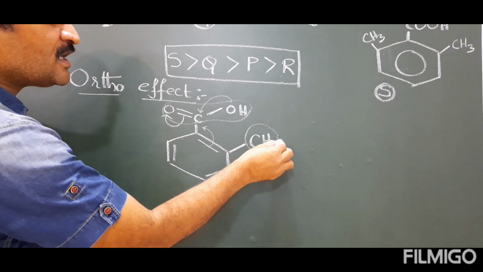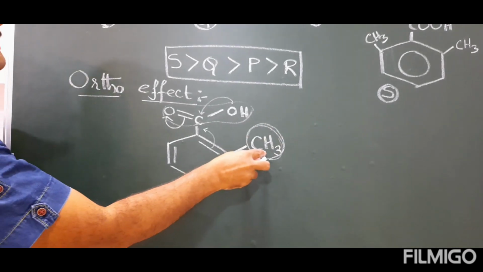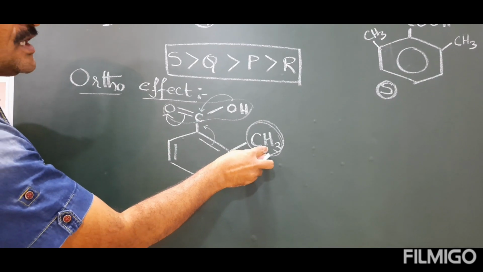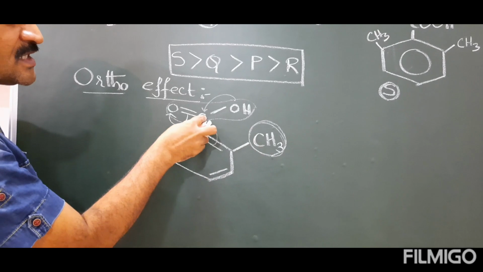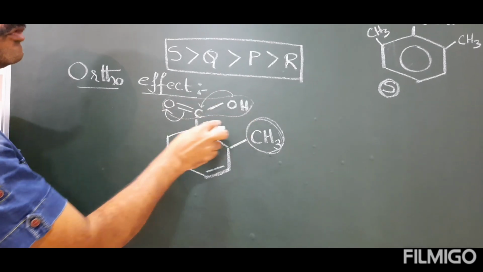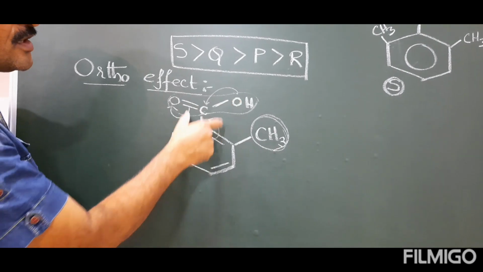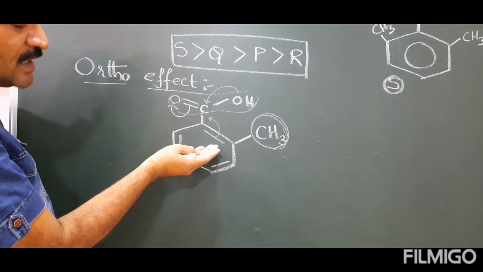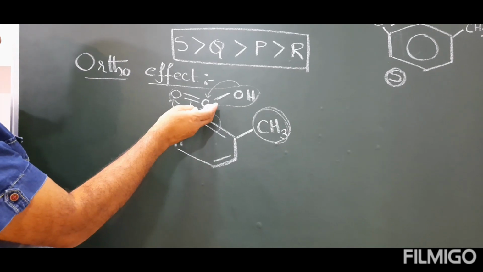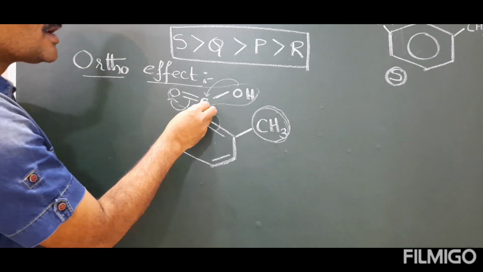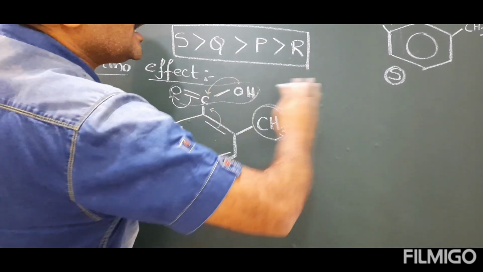That means whenever at the ortho position in the carboxylic acid a substituent is there, it will affect the same plane of the carbon and COOH group. So these two groups are not in the same plane. Then it is very difficult to drag the electron density from the ring. That's why this carbon will drag the electron density from this oxygen. As a result, it will readily lose the H+.